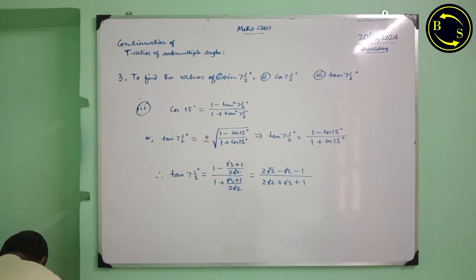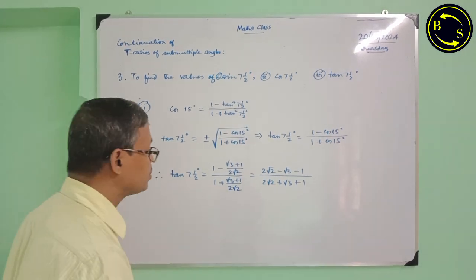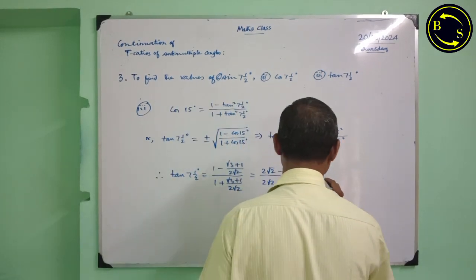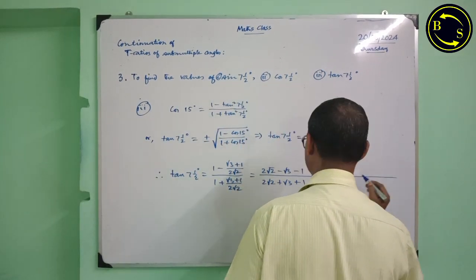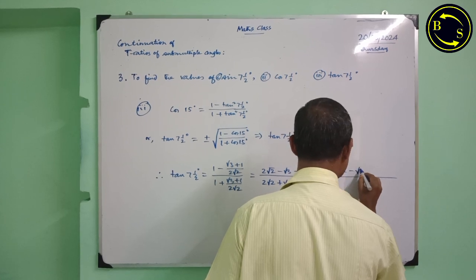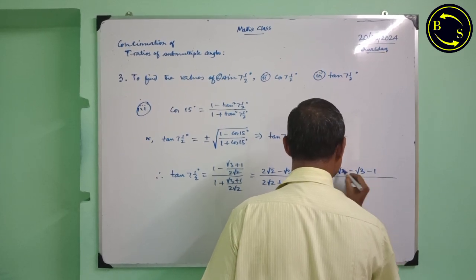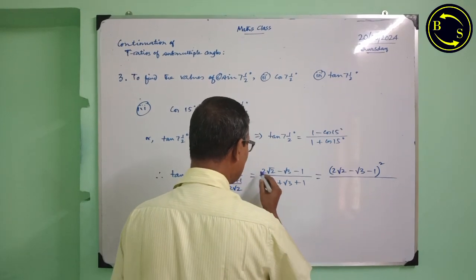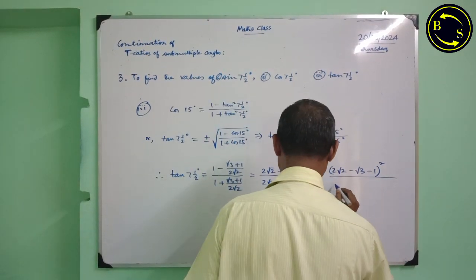If we rationalize the denominator step by step, then it will be 2 root 2 minus root 3 minus 1. Actually we are multiplying the numerator and denominator by this numerator, then it will be